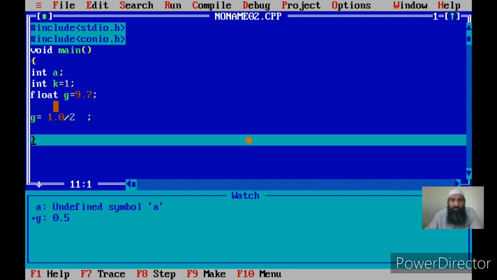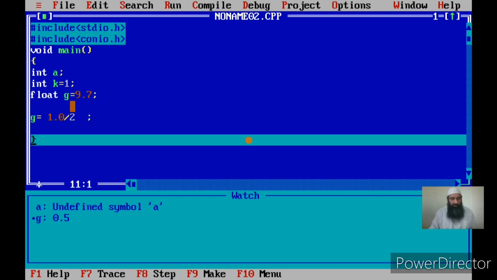You have to convert one of the constants, but this is again a programmer's responsibility, because he can write 1 or he can write 1.0. If he writes 1, he will lose his fractional part, and if he writes 1.0, he will get the fractional result, because it is now float by integer. So 2 will be converted to float and the result will be in float. I hope this is clear.